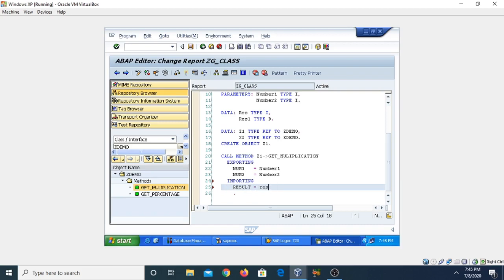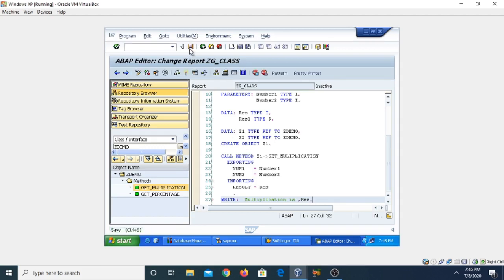We have defined the actual parameter res. Now we need to write out the result here, so we can write it with the help of the write statement, multiplication is, and then res.